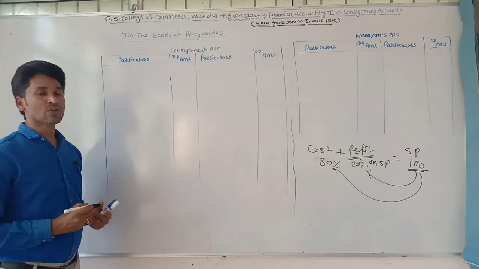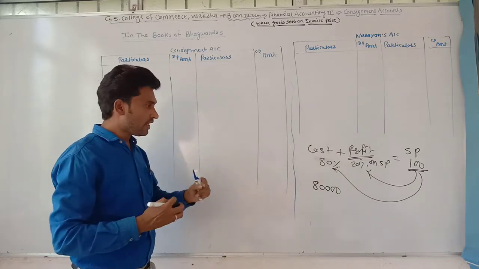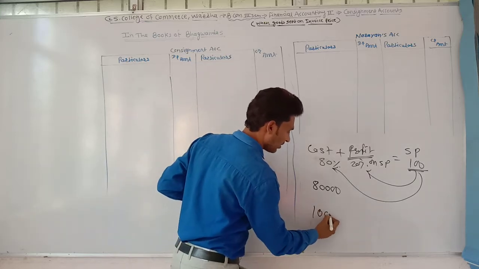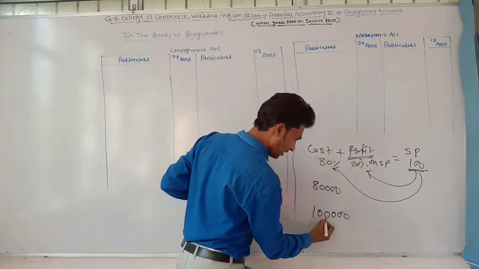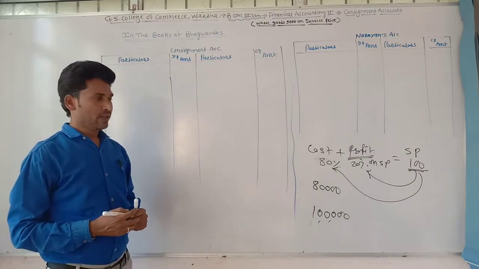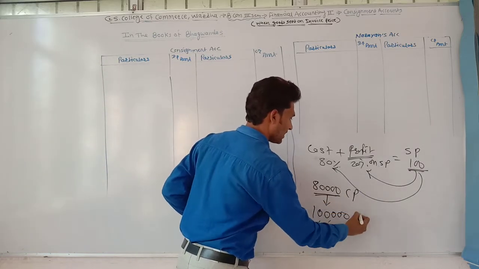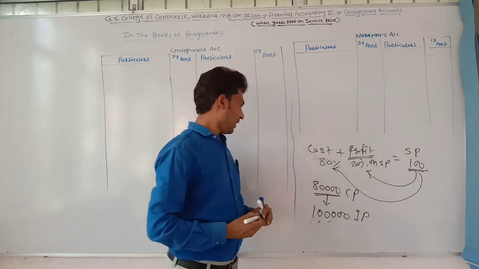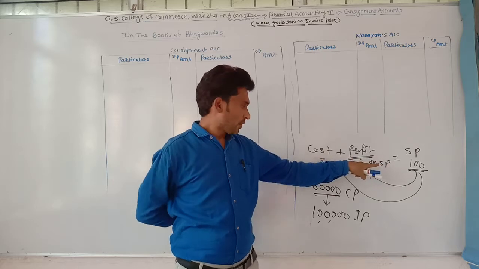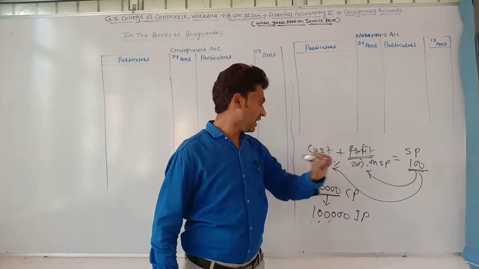Bhagwan Das consigned the goods costing rupees 80,000. But when it prepared the invoice pro forma, it showed rupees 1 lakh as the price of these goods consigned to its consignee Mr. Narayan. How is it calculated? This is the cost price and this is the invoice price. It is calculated at 20% on selling price. The cost price is given, but profit has been charged on the selling price.